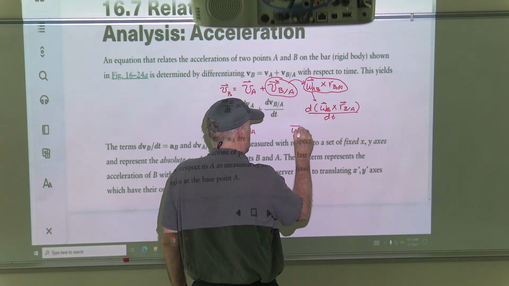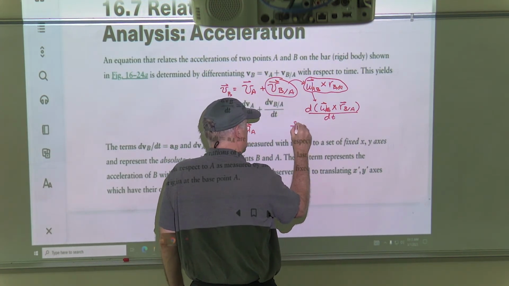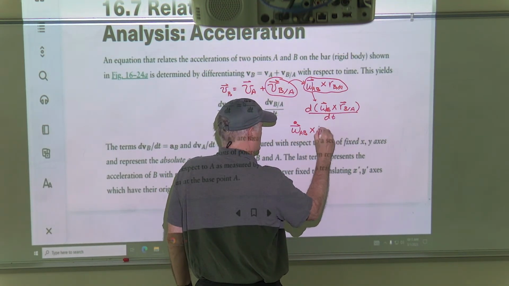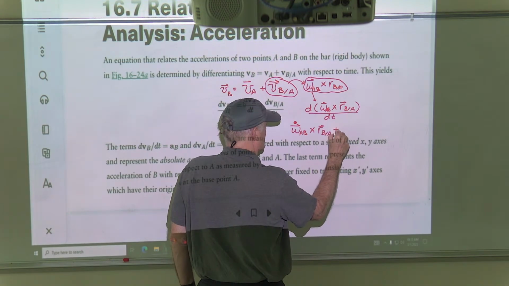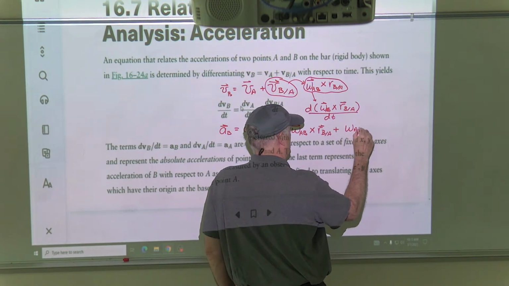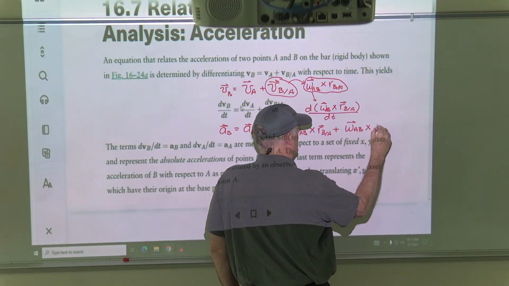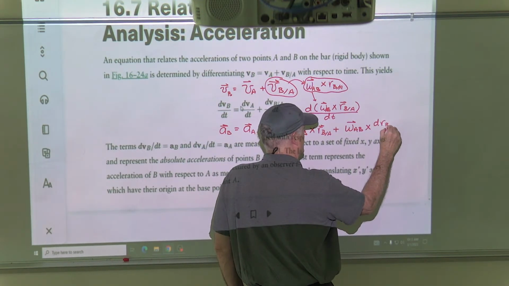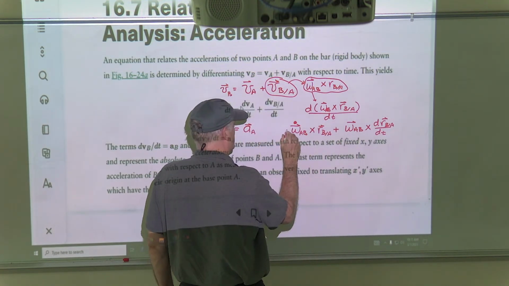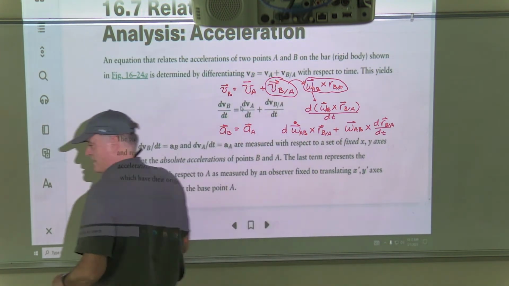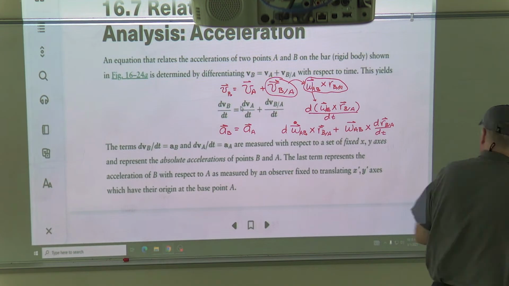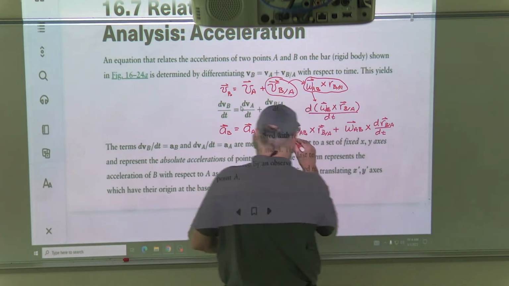So what you do, take the time derivative of that, cross R B to A, plus the time derivative of that, you get omega AB crossed with the time derivative of R B to A. And technically, so I don't mix, I think I'll do this. I'll say, do I not have an eraser here? But